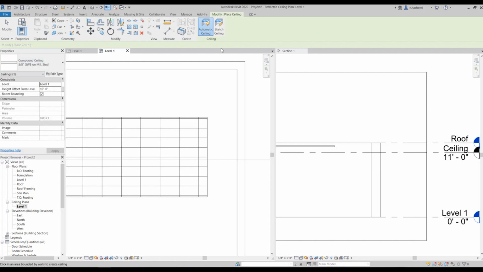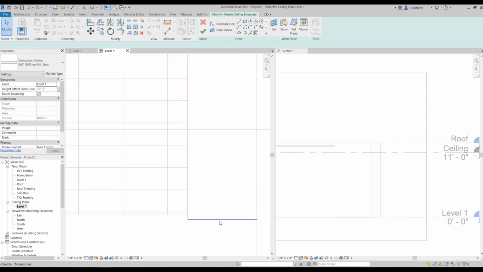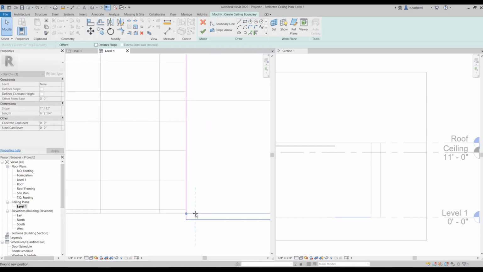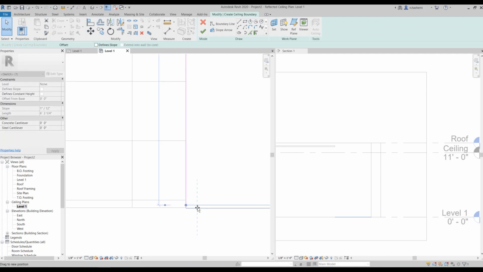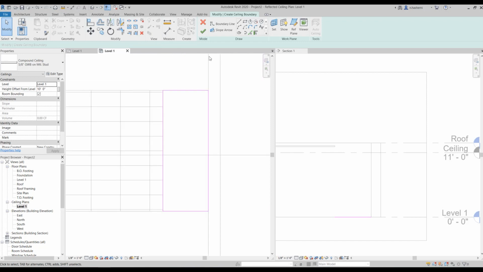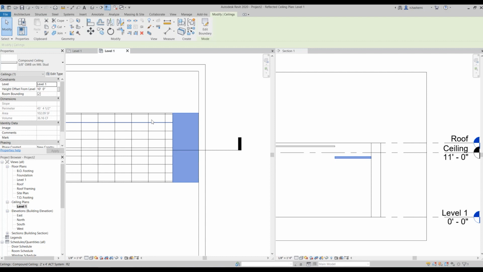So I'm going to sketch it. And as you can see, this looks different than this acoustic ceiling part.